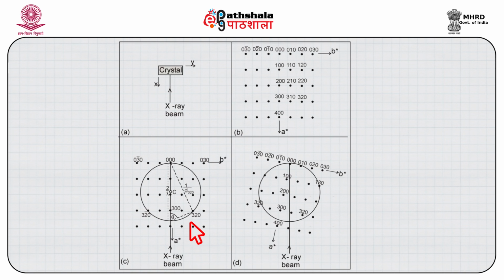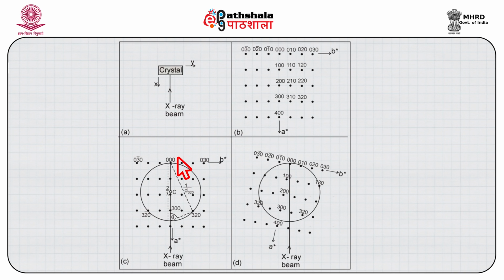Therefore, the points intersecting on this circle will mean constructive interference, and if we have a recorder or detector moving along this and this point is intersected, a constructive interference or an X-ray peak will be recorded. So, in a particular position in this